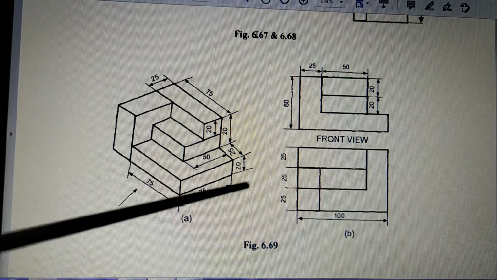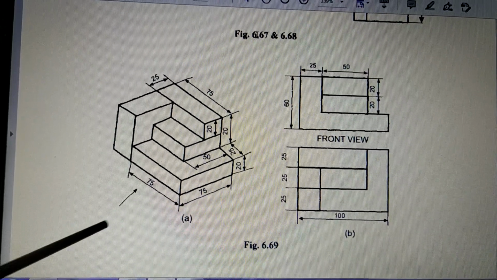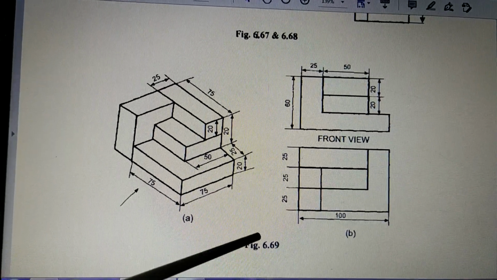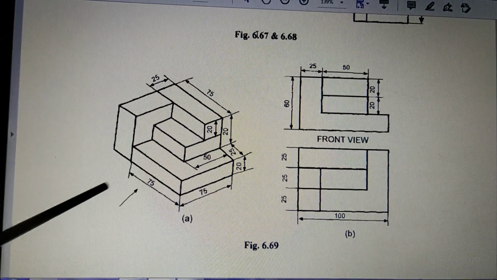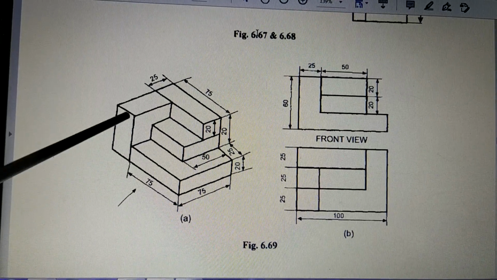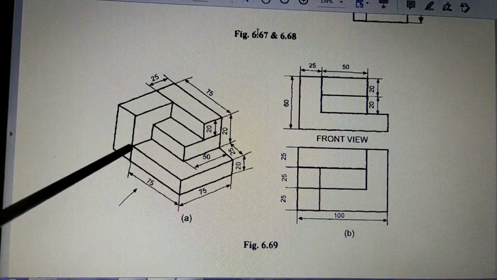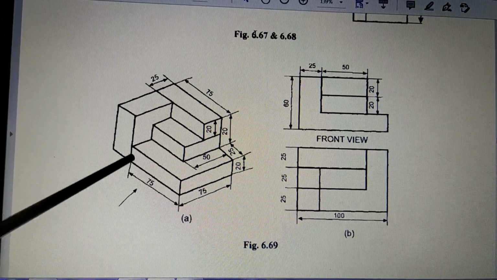Now this third figure again is given here like this, and then this is the direction of viewing, and then you have to draw the front view, the top view, and then the right hand side view drawn on the left side of the front view. So what do you see in this direction? This rectangle is there, even this is also there, and this is continuous. There is no change of surface. So again, this line is given wrong. This line should not be there. This is a plain L shape, single surface.